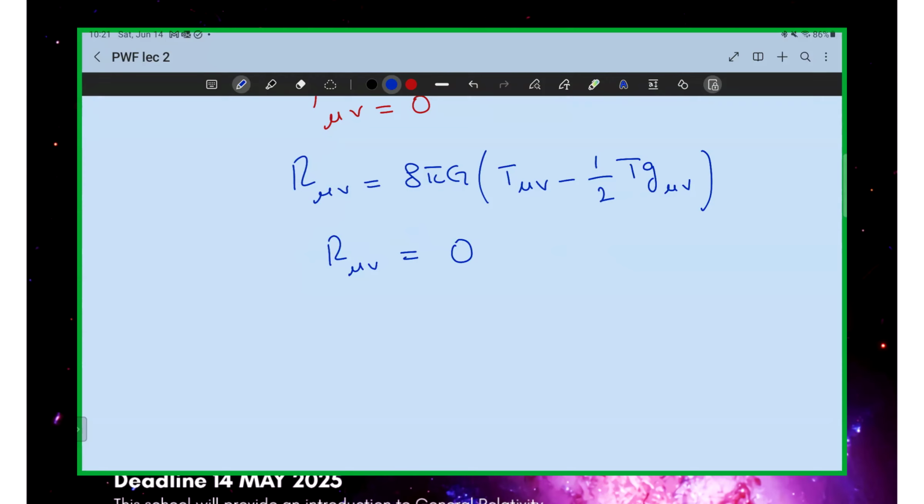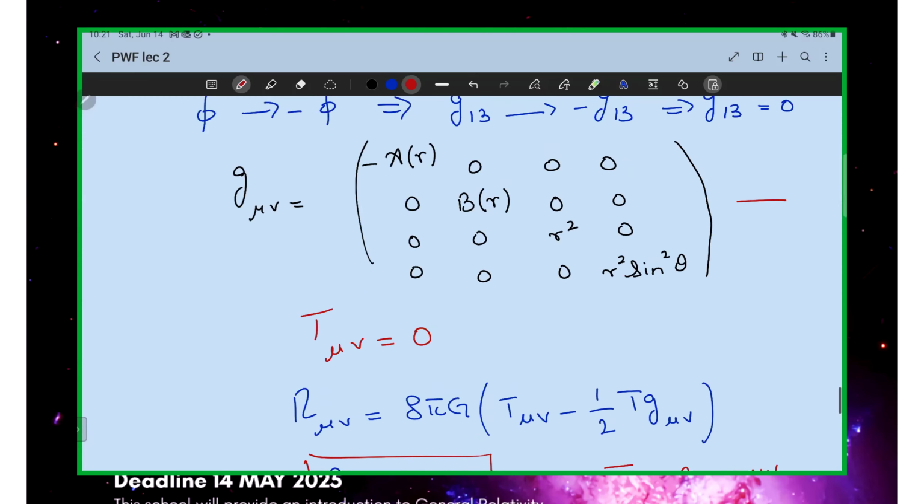So there is a question which says, why is T zero? Well, T is zero because T is just this thing. And if this is zero, then of course T is zero. That's why. Okay. So we have to solve the equation that R mu nu equals zero. And this is the form of the metric. So what do we need to do? We need to calculate the Ricci tensor for this metric. Okay. Well, it may seem as a daunting task, but